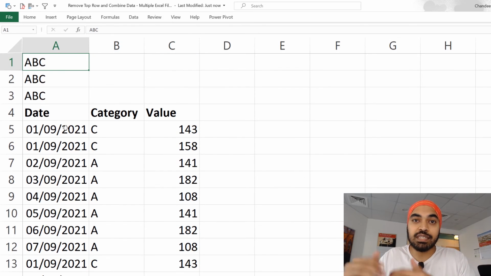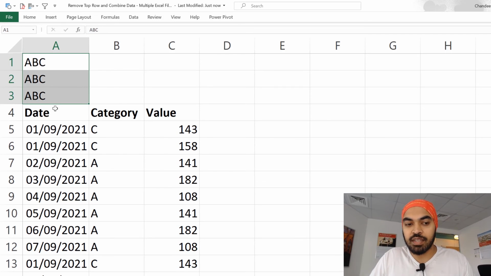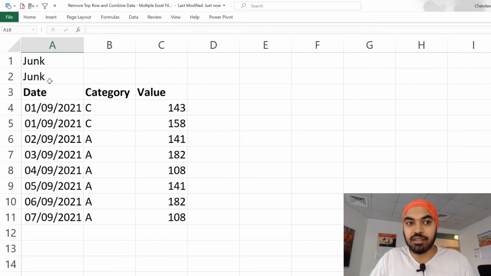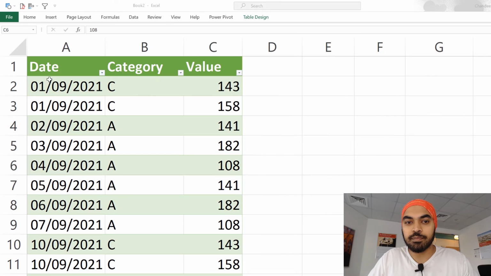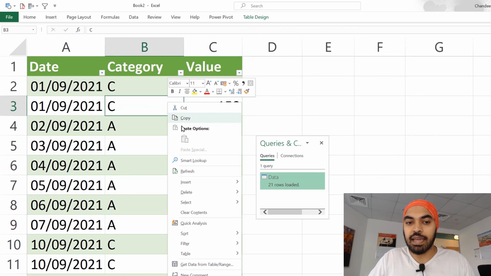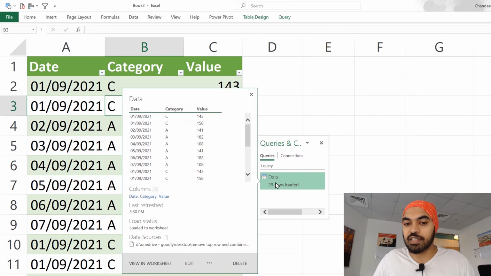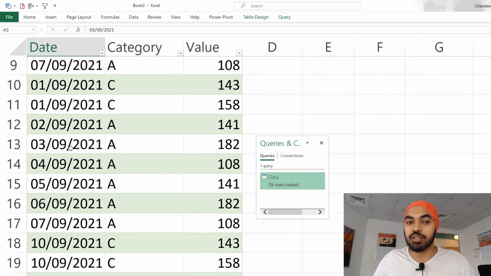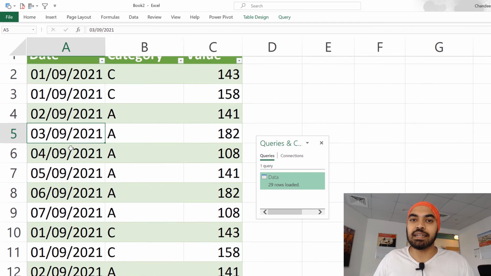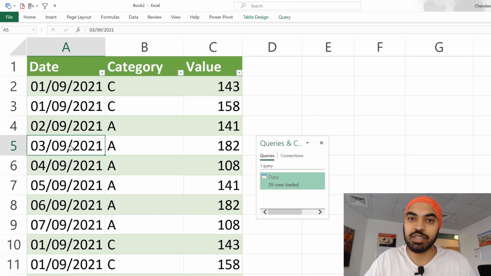Now we have increased the number of rows, but we've also added 3 junk rows on the top. The first sheet has got 3, the second sheet has got 3 rows, and the third sheet has got 2 junk rows. Let's just save this Excel file. I'm going to close it, get back to my query right here, right click and do a refresh, and this should actually give me extra number of rows loaded, which are definitely 29 rows loaded, but the junk rows don't appear right here, and the data gets combined correctly from all the 3 sheets.